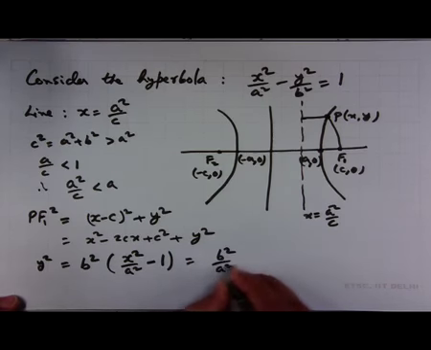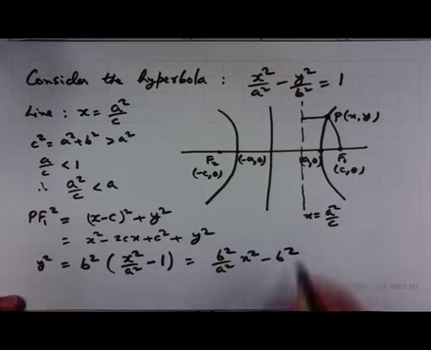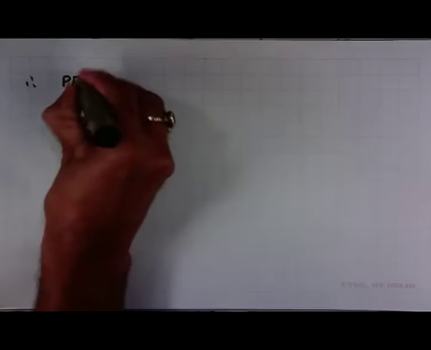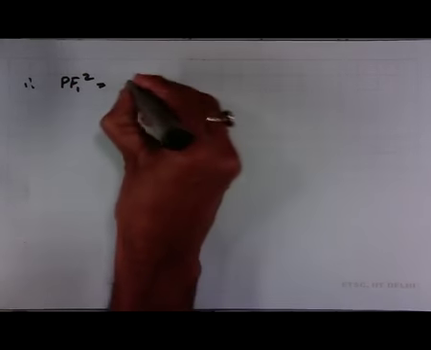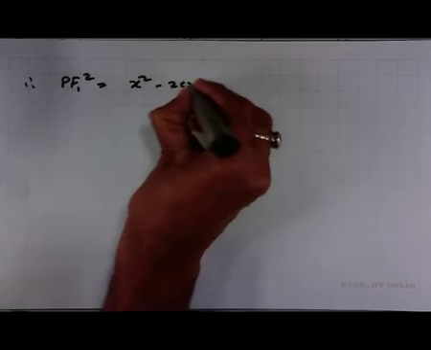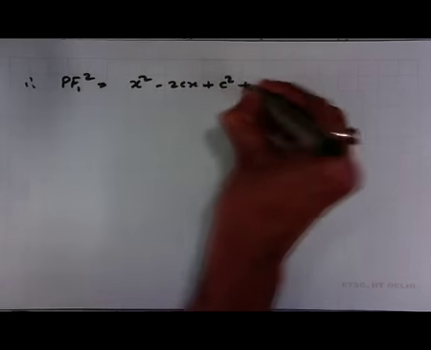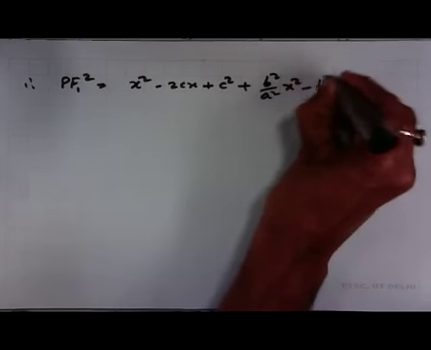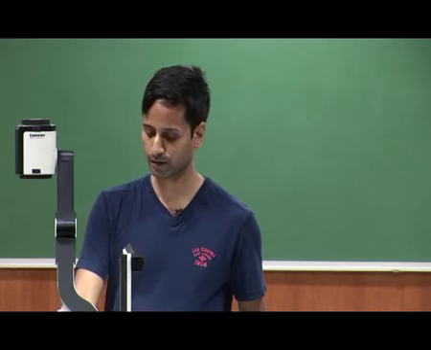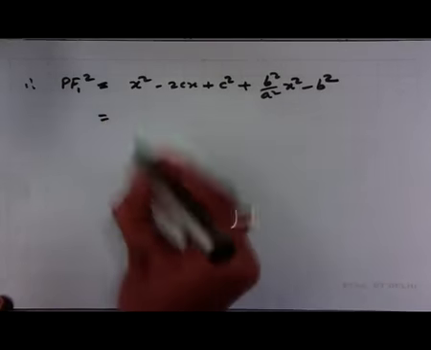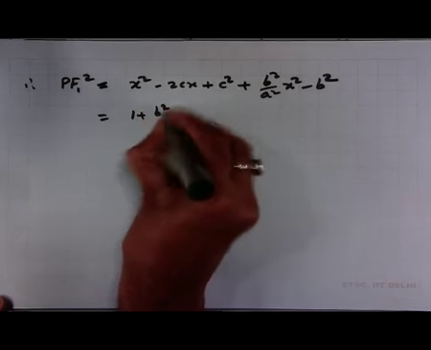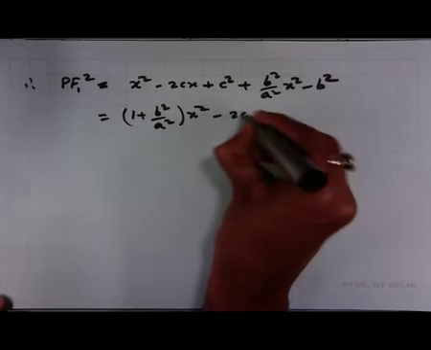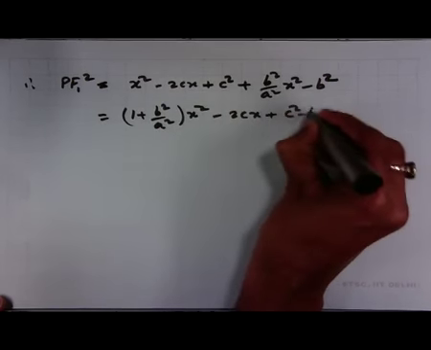This is b square by a square x square minus b square. So, therefore, P F 1 square is x square minus 2 c x plus c square plus b square by a square x square minus b square. So, this is equal to 1 plus b square by a square x square minus 2 c x plus c square minus b square,